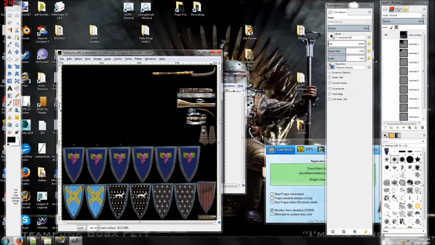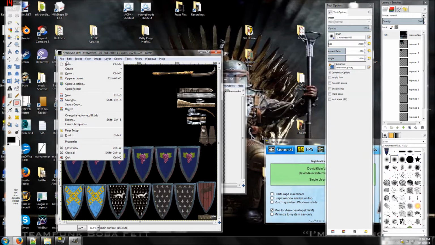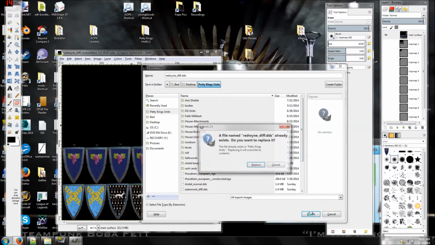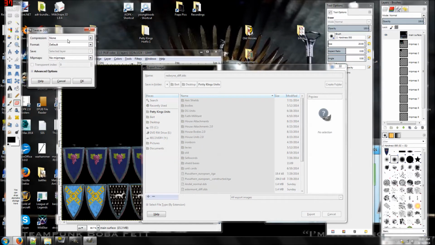Another thing you need to remember is this: when you're working with these DDS files, there's different ways to export them. It's really tempting to just click on the overwrite redwine diff.dds. And this is the most important thing: you can't do that. Instead, you have to click export over it. So I'm replacing the old DDS file. And then you have to choose the compression and the bitmaps. Specifically, the compression is